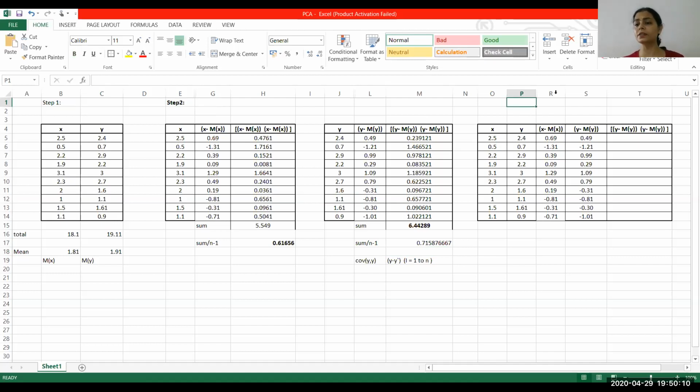Now, the covariance of x comma y and the covariance of y comma x will have the same values. So here we are going to find just x comma y, and we will assume the same value for y comma x.